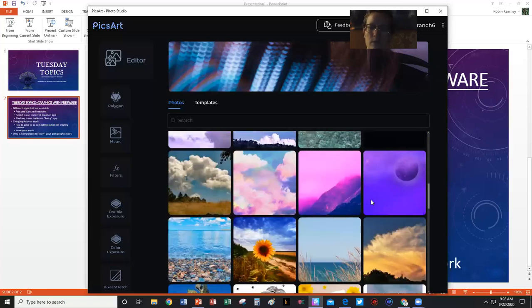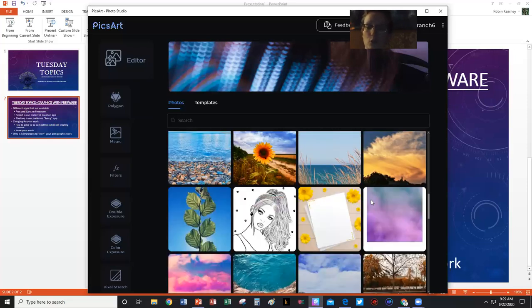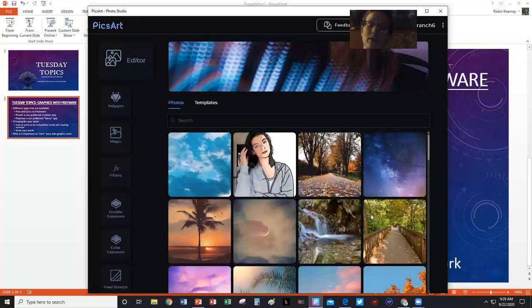You are free to manipulate these, and free to use them even in a commercial application. That is very awesome, that they only show you things you can use for free with your free account, and that people have given permission. I'm sure somebody created this photo of her, and they gave PixArt permission for others to manipulate it.